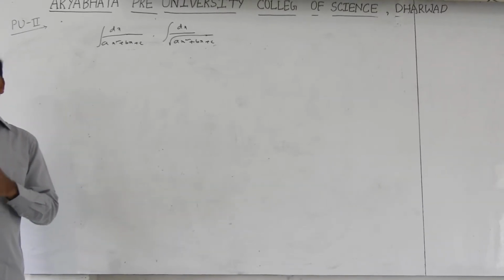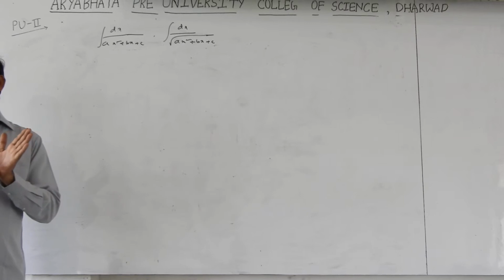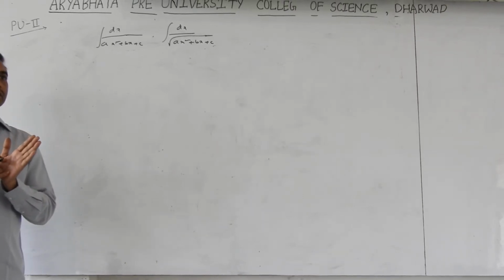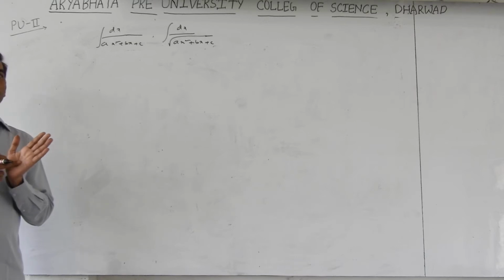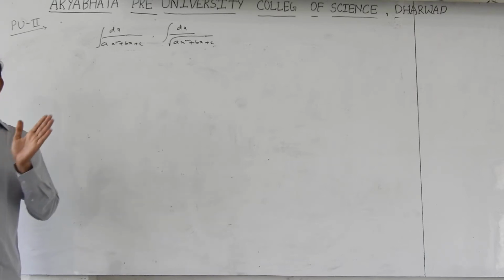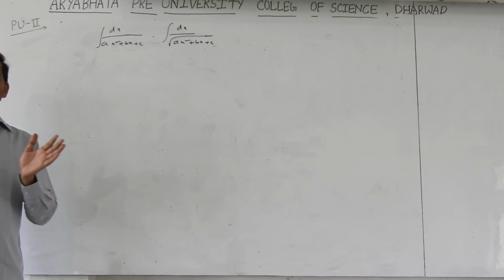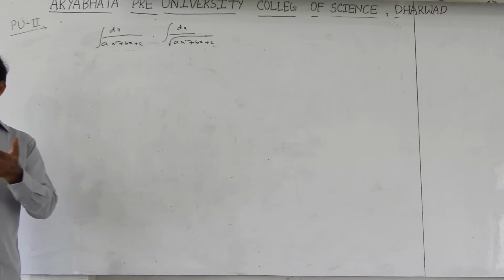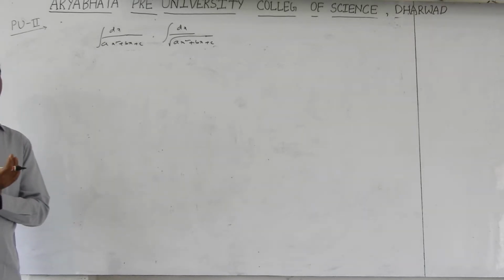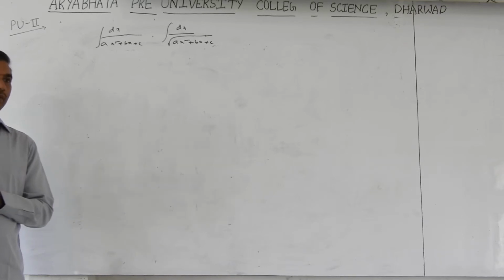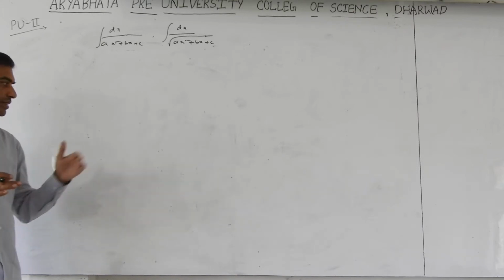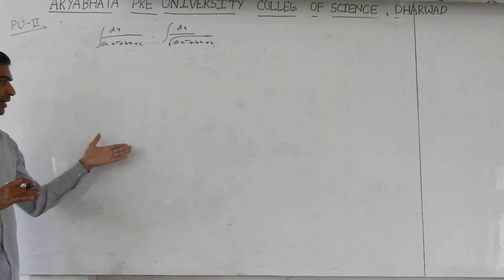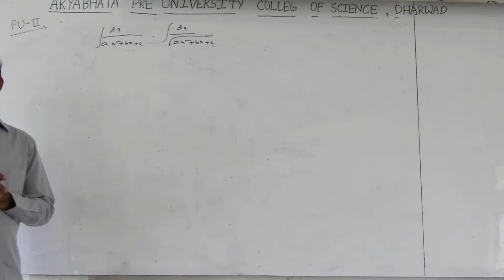So, be careful. All formulas from the beginning: integration of trigonometric odd functions, integration of sec x, cosec x, integration of 1 by x, all standard formulas. Write them on a white sheet and keep it in your pocket, and whenever you feel, go to that. Daily, at least 2 times you repeat these formulas. Then only you will be able to understand the problems, because if you don't know the formula, you can't get the next step.